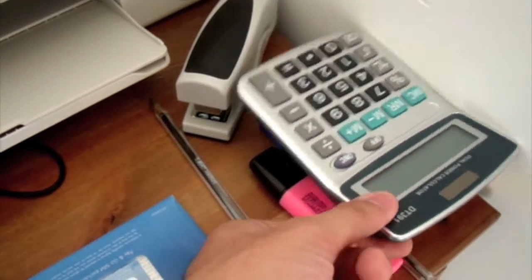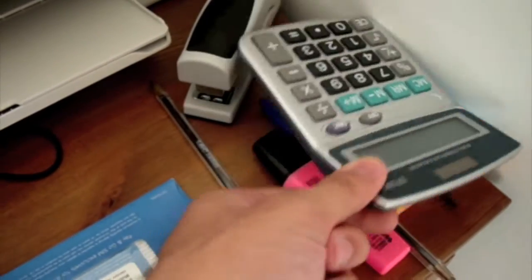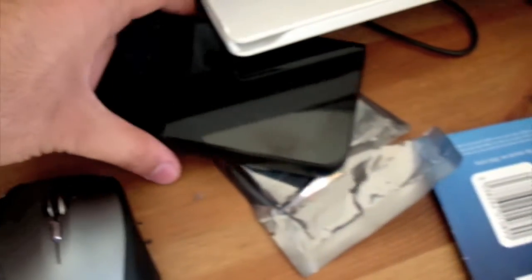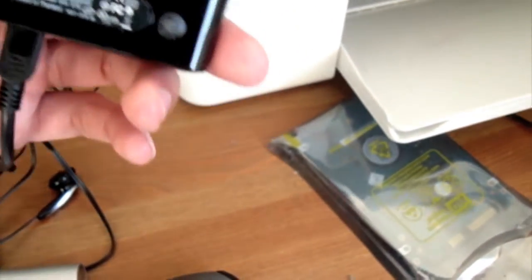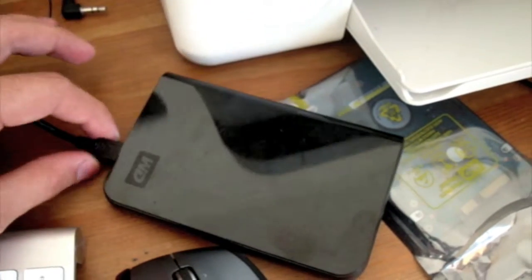Right hand side, we've got a stapler. Always like having a physical keyboard, I was going to say a calculator. Pens, notepads, more SIM cards. This is the external Western Digital hard drive, 320 gig. Got this I think about a month ago. It's working really fine actually. The reason why I like this is because it's just one cable and that's it. It's USB